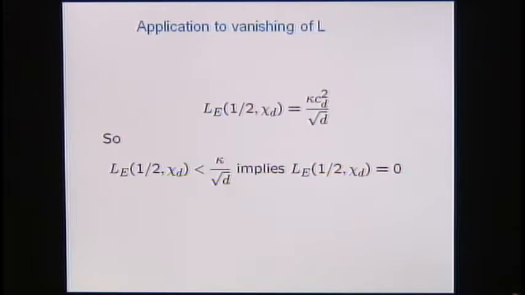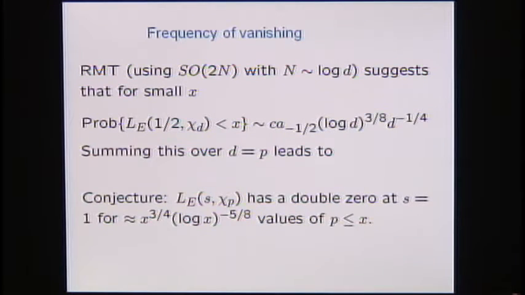Okay, and then now the L function, oops, I didn't change these halves into ones, sorry. These are ones. Okay, L of 1 chi d less than 1 times kappa over root d implies that L is 0. Okay, and using SO(2n) as a model with n of the size of log d suggests that the probability that the L function is less than x should be some constant times a sub minus 1/2, that's the arithmetic factor, and then times log d to the, so n is log d, so the n to the 3/8 becomes a log d to the 3/8, and then the alpha